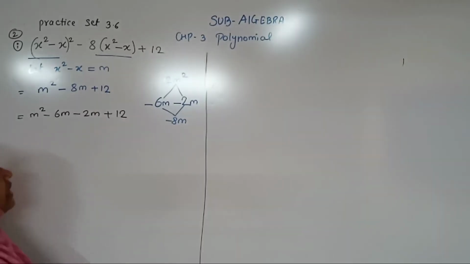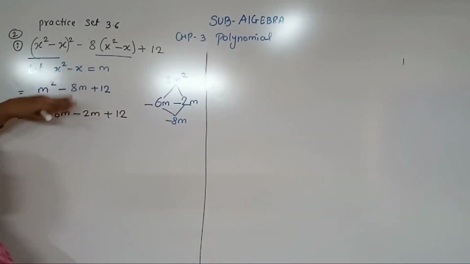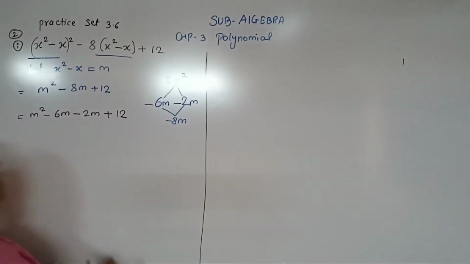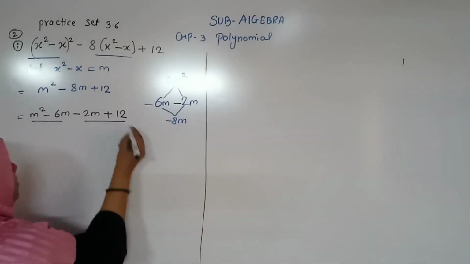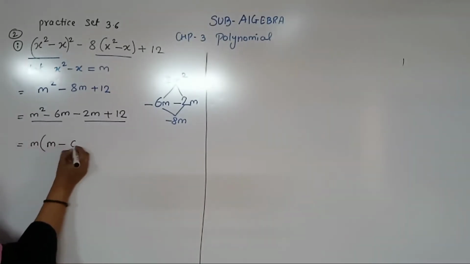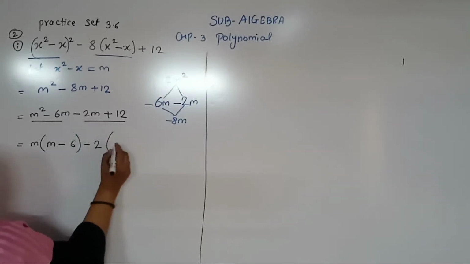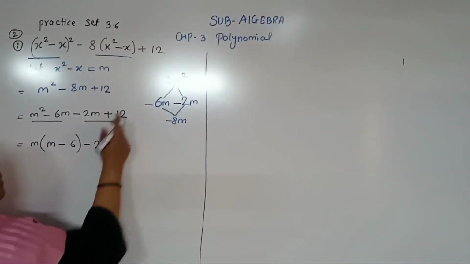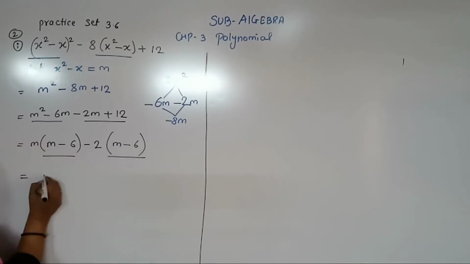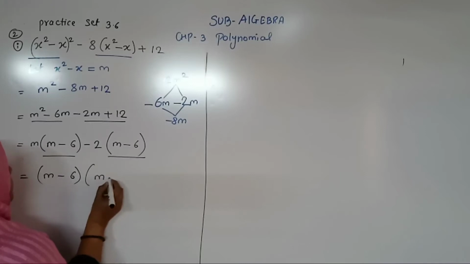It means instead of 8m I have taken these two numbers. Before, I had 3 terms. Now I have taken the middle term as two, so I got 4 terms. So I have to make pairs in groups. I have taken 2 pairs of groups. So that is m minus 6, right? Minus 2 bracket, see, m plus minus 12 divided by 2, I will get 6. So I got the same bracket here, right? So that is m minus 6. Don't take capital M, m minus 2.